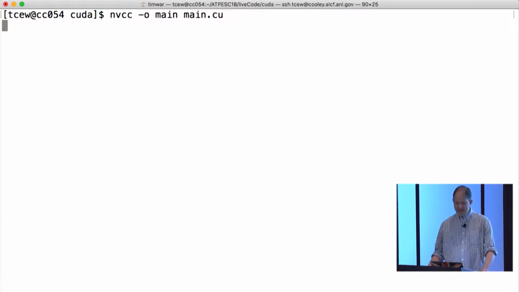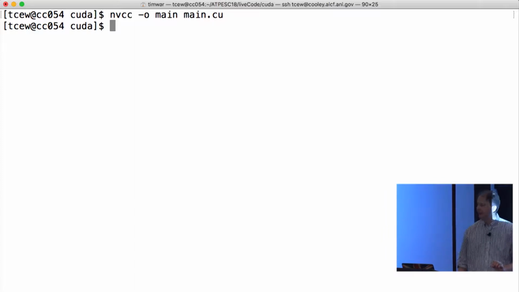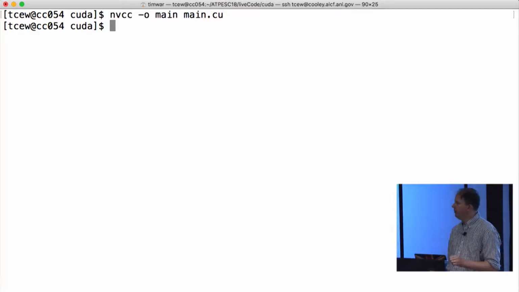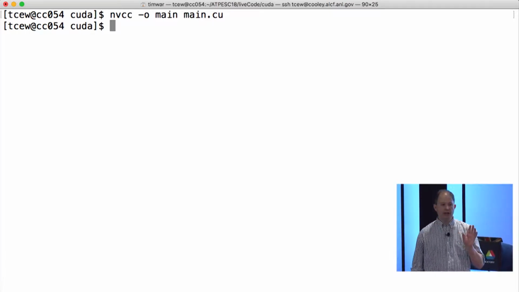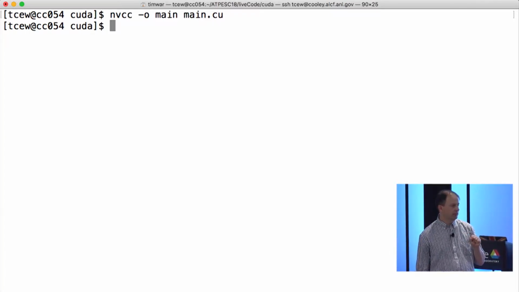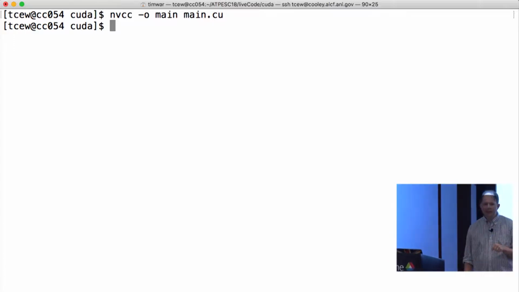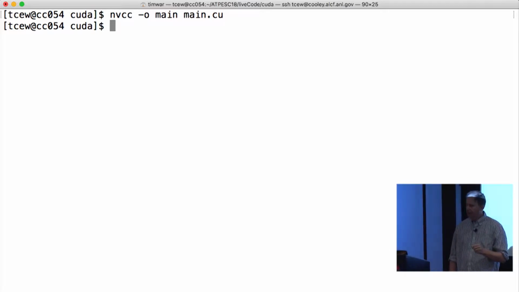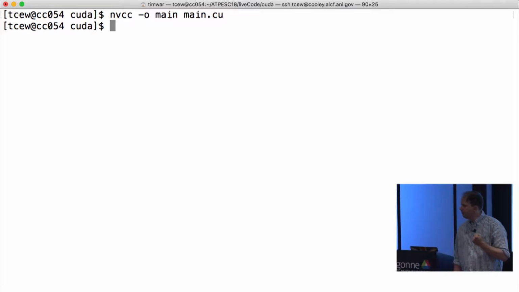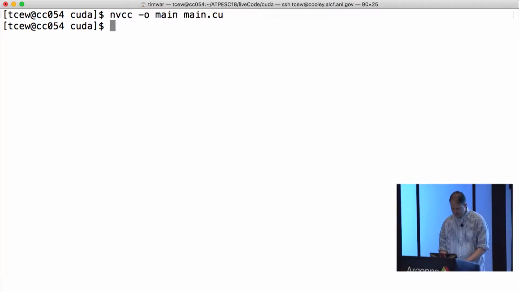In fact, you can compile with the Nvidia CUDA compiler, but nothing we've done in that file engages the GPU at all. Everything that we've just written would be done by the CPU. We have to explicitly migrate the data, explicitly tell the compiler what the GPU is going to do, and explicitly add instructions to move the data back from the GPU to the host. So